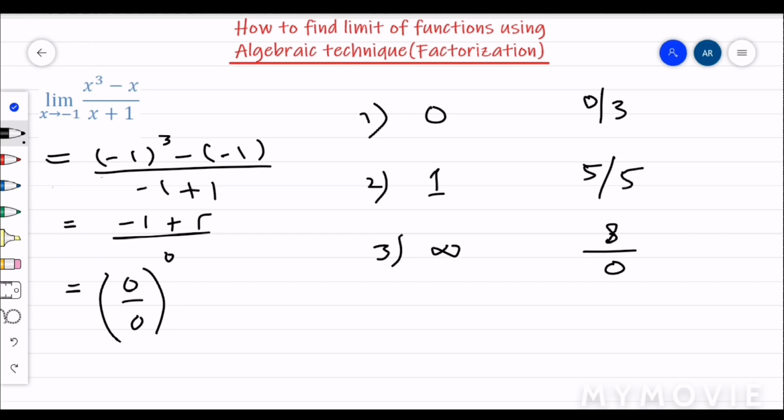So you can see a single expression leads us to three different values: positive 1, 0 and positive infinity. These are three different numbers and they are not equal to each other. How is it possible that a single expression leads us to three different values? It's not possible. Hope you are getting my point.